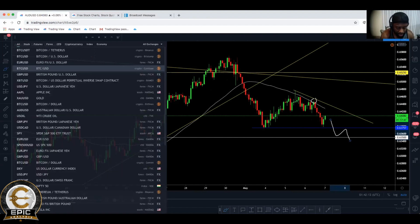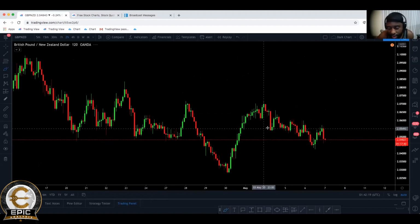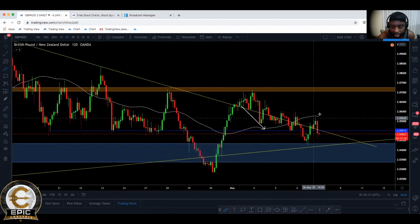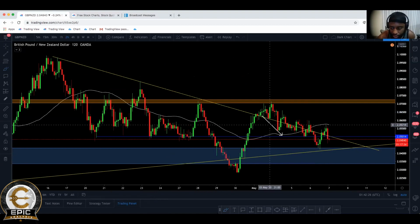Another pair I'm looking at is GBP NZD. On the last session, I actually gave this out. It already played out. If you see here on the daily,